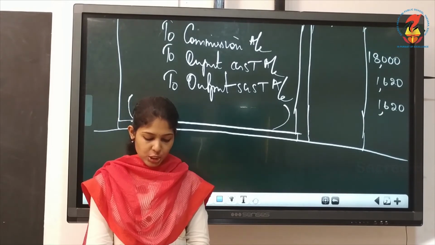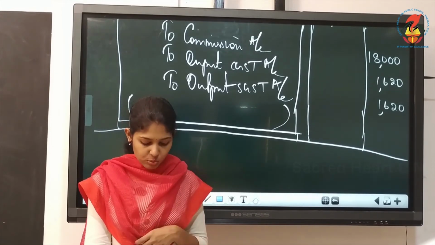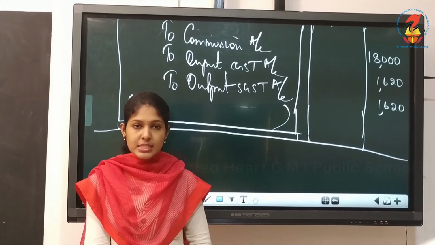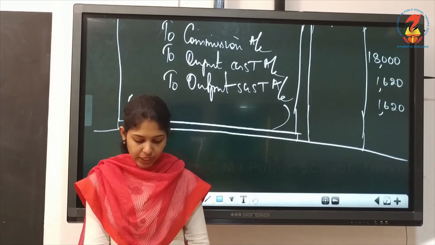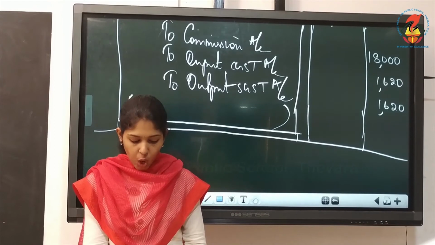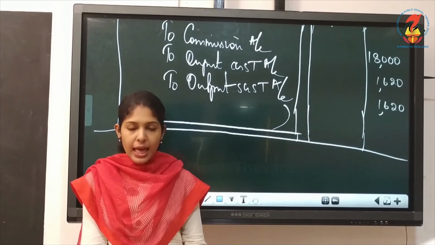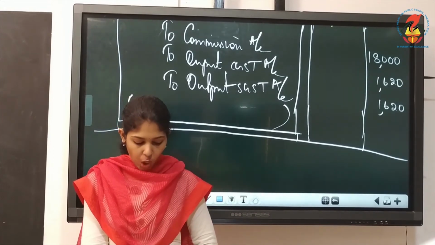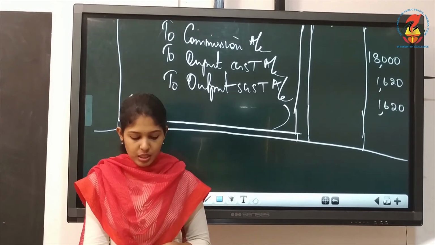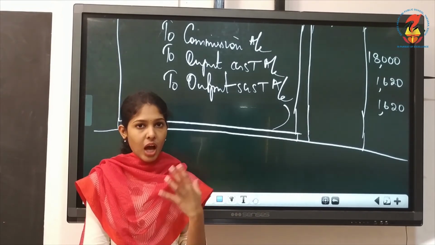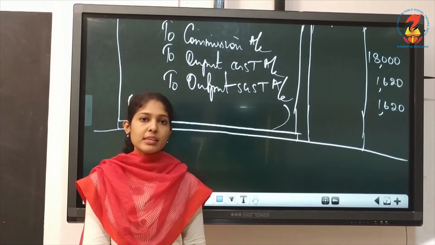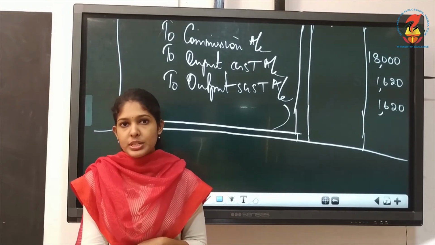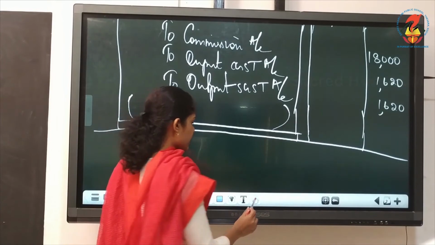Kamal started business with cash. And here, after the box, did you see one sentence? CGST and SGST is levied. Levied means charged at the rate of 9% each on intrastate, that means within the state, and IGST at the rate of 18%. So 9 plus 9, IGST is 18% on interstate transactions. So in certain transactions, they have asked you to charge GST also. So you have to see the question and do it accordingly. So we'll start with the first journal entry.